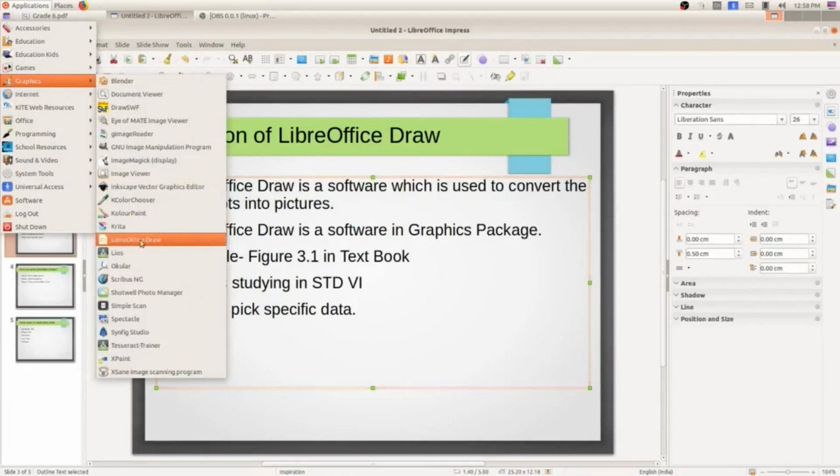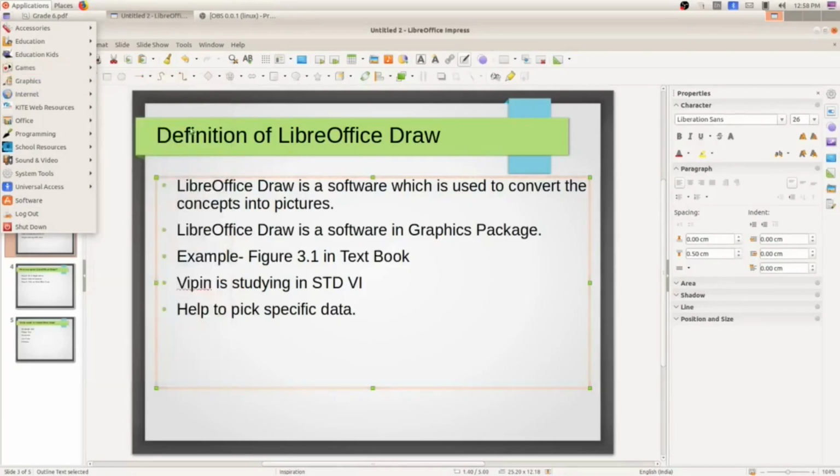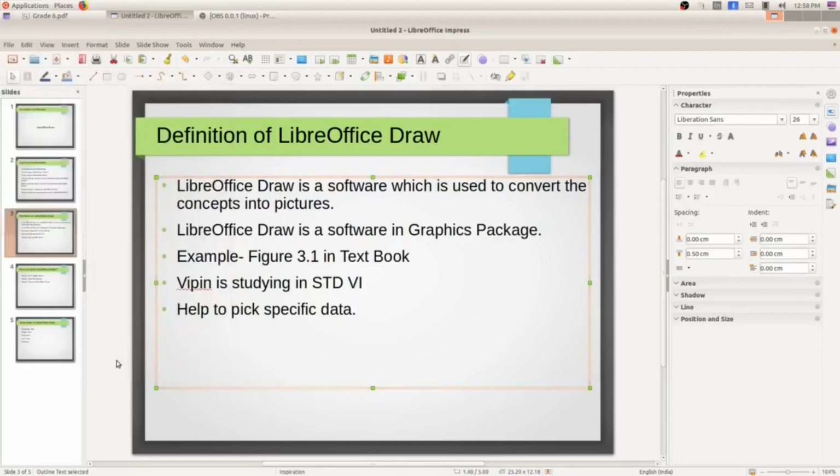Likewise, LibreOffice Draw is a software which is included in which package? Yes, graphics package. Did you get it, my dear students? LibreOffice Draw is a software which is included in graphics package. So hope all are clear about the second point.